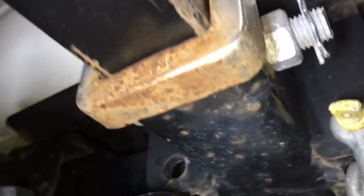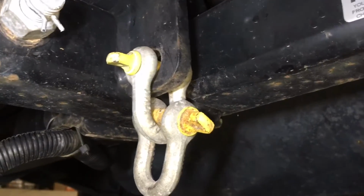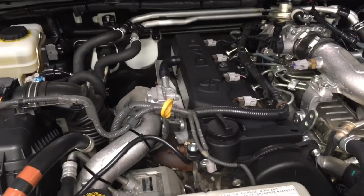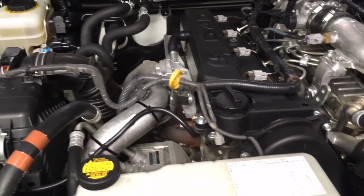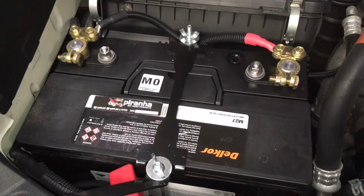A little bit more rust here. And these shackles here, one of those was loose, so it was about to fall off, so we just tightened it up. Okay, so not much to see underneath. The only other thing we noticed was, and it's not a problem, but these batteries were installed by Piranha in Victoria. Okay, so this is their work, so you can have a look at it